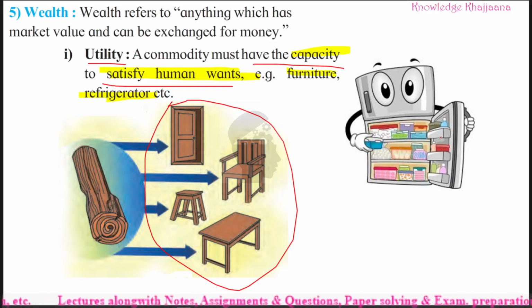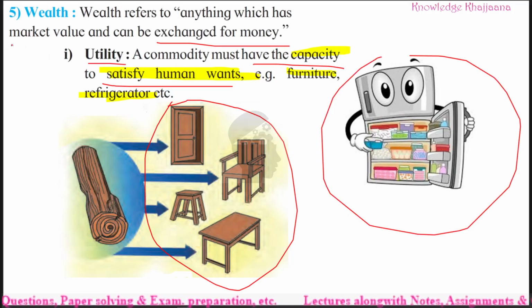Similarly, if you take the example of a refrigerator. See, a refrigerator has abundant importance these days, every day. That's why utility is hidden in the refrigerator, because a refrigerator can be purchased by giving money, and can be sold, and money can be taken. So it can be exchanged for money. This commodity can be exchanged for money at its market value. So we can say these commodities have utility. This is the basic. As they have utility, they are wealth. Okay, the next characteristic of wealth is